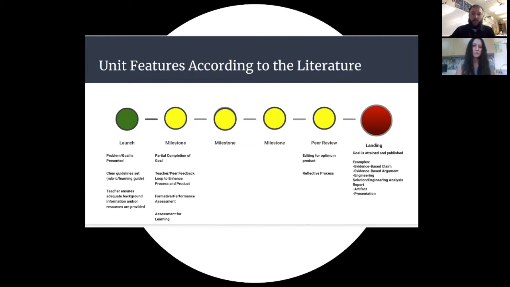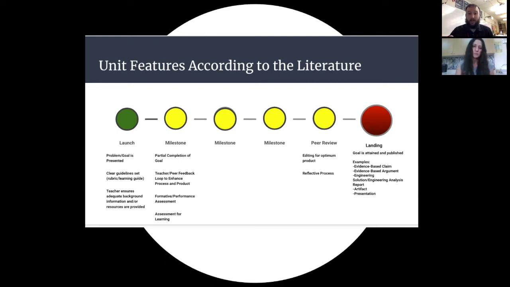At the end of going through many of those milestones, there needs to be that review piece in there somewhere. This diagram has it towards the end. It could be throughout, and it should be throughout, because we remember each milestone should have some form of that feedback and review. And then eventually we have what we're calling the landing, or that final project, where we can